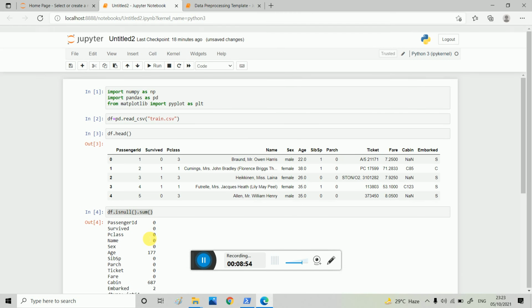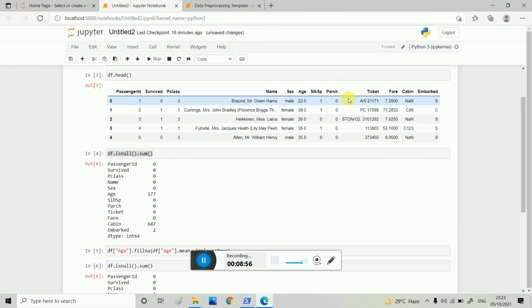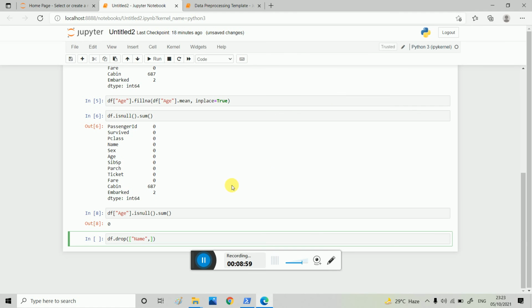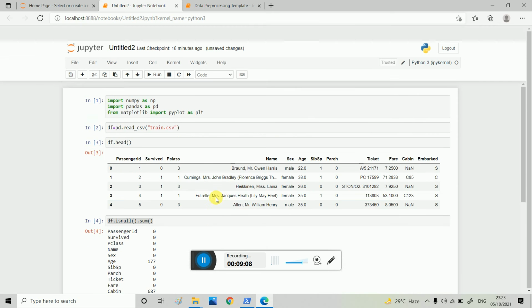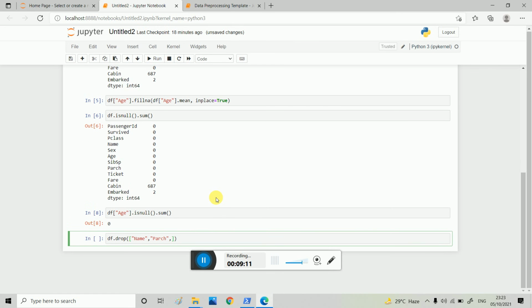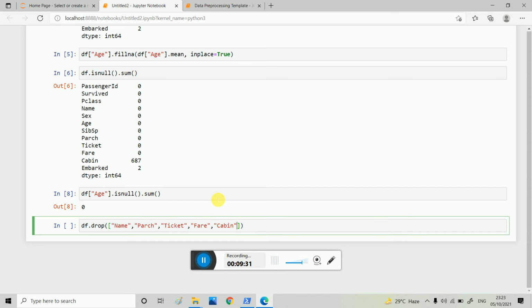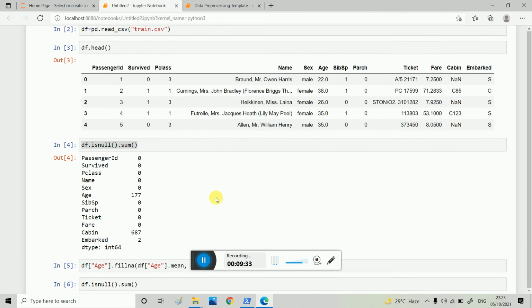And then parch, okay. And then ticket, okay. And then fare, cabin, and embarked.